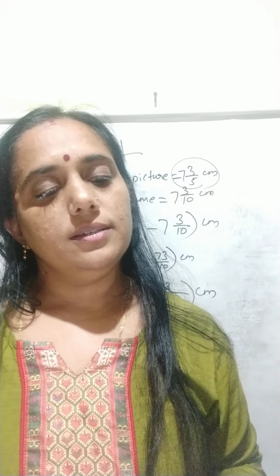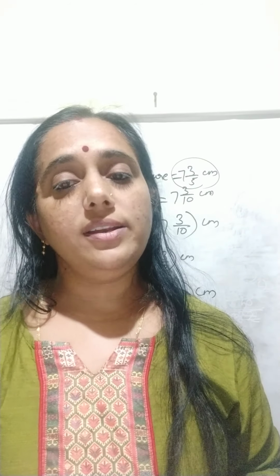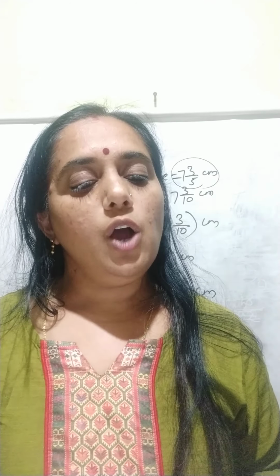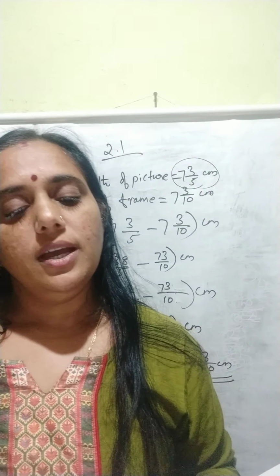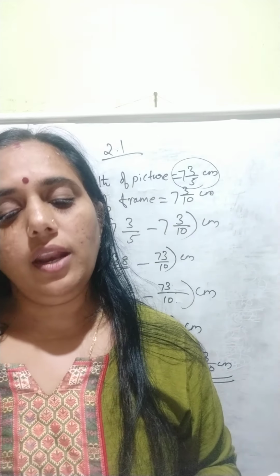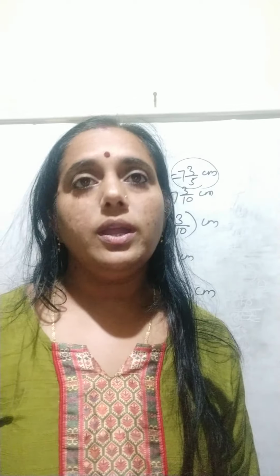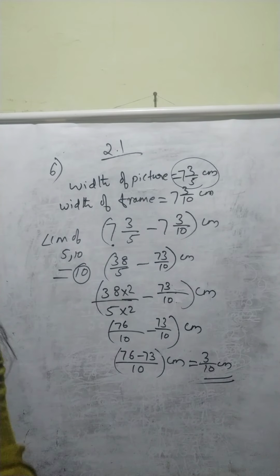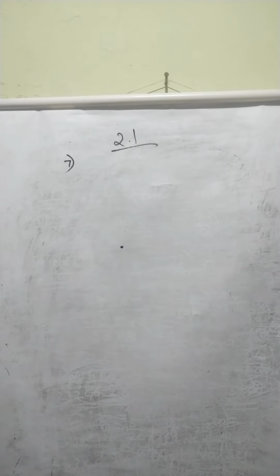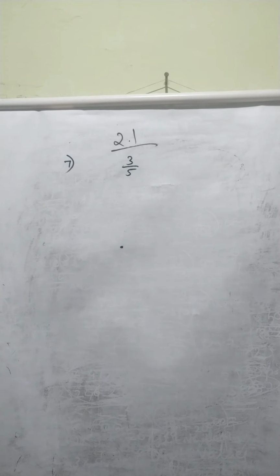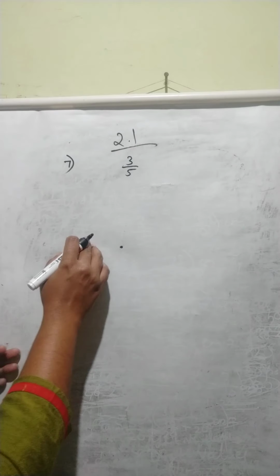Now we can discuss the 7th question. Ritu ate 3/5 part of an apple and the remaining apple was eaten by her brother Somu. How much part of the apple did Somu eat? And who had the larger share, by how much? So here one apple is there. The first clue is the part of the apple eaten by Ritu. What is that? 3/5 part is eaten by Ritu. Then the part of the apple eaten by Somu, that we have to find.